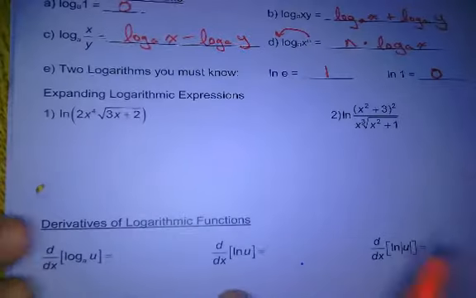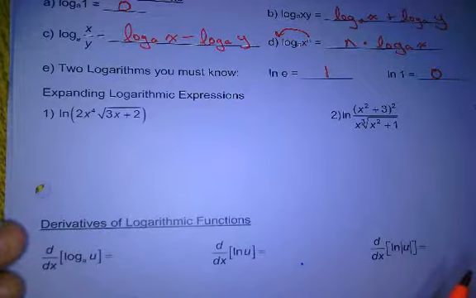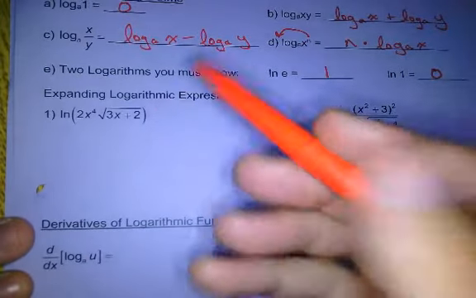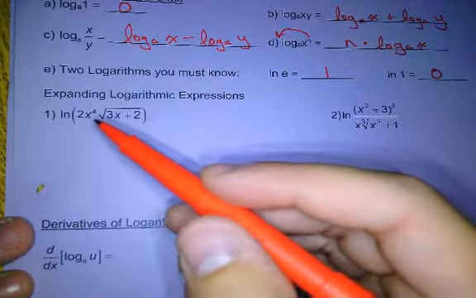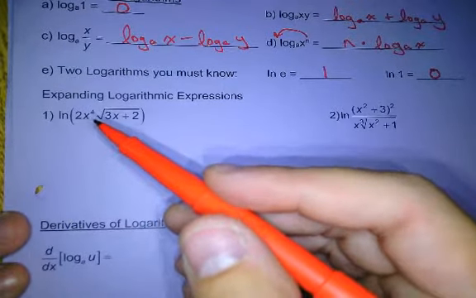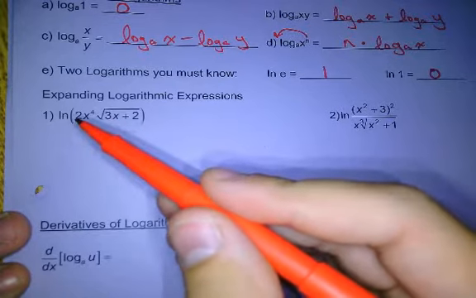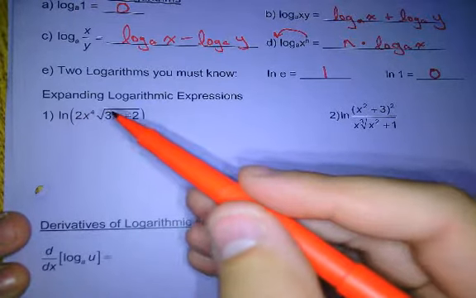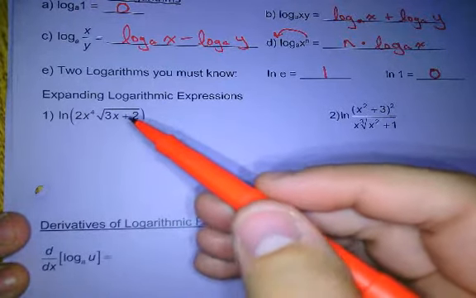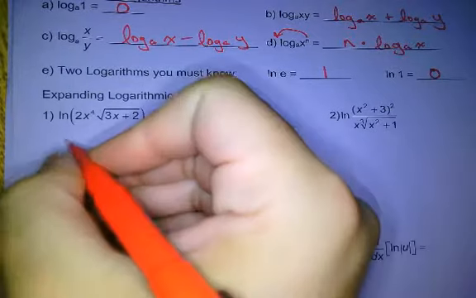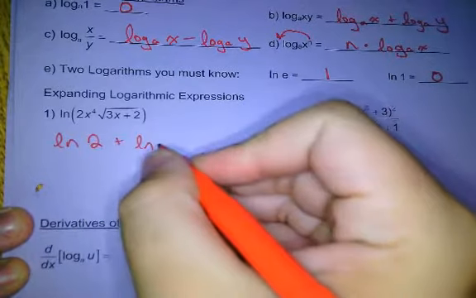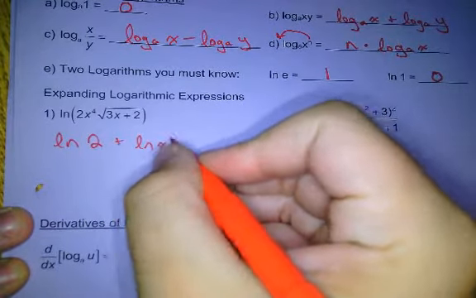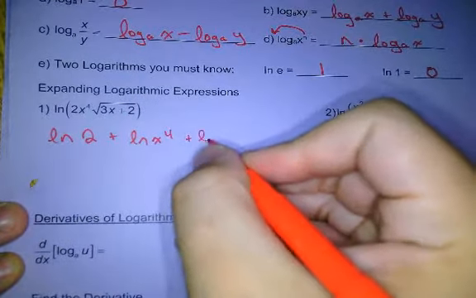Okay, let's practice expanding these. Quiet please. So I look for how many things are multiplying. How many things are multiplying or dividing? 1, 2, 3 things. So how many ln's am I going to have now? I'm going to have 3. What's my first ln? ln of 2 plus ln of x to the 4th. I'll deal with that in a second. Plus ln of